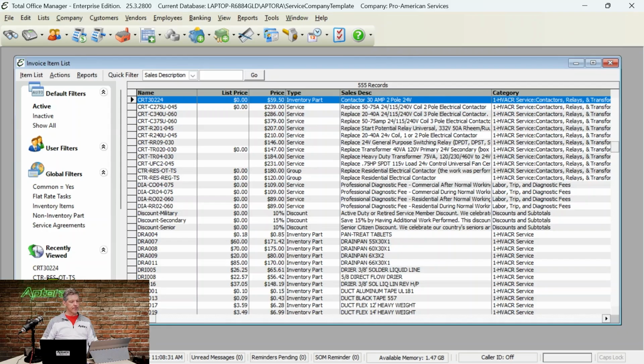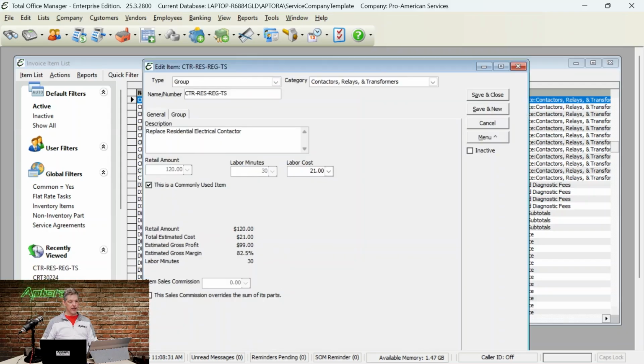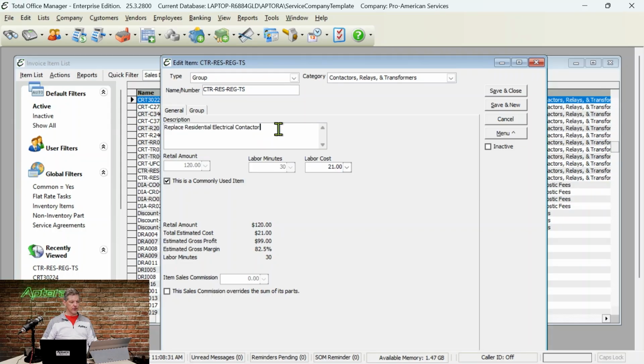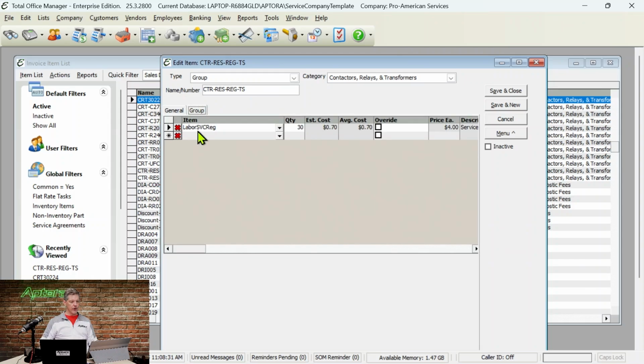Let's open up a group item that only has labor. So this was option number 3, where you have a group item, like for example, replace residential electrical contactor. You can see the number, CTR, res, regular, truck stock. If I look at the group tab, you'll notice that I have labor, service, regular, and I word it that way for sorting purposes. So all the labors together, all the service labors together, and regular and overtime are right next to each other. And I recommend that you sell labor by the minute when it comes to service work,